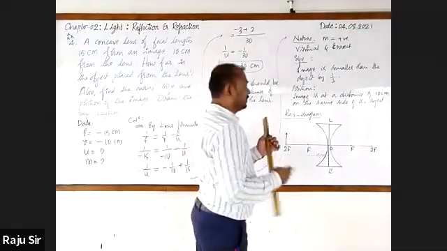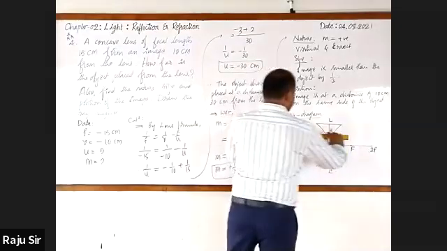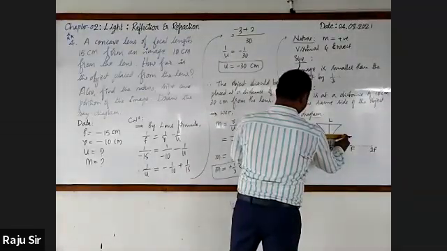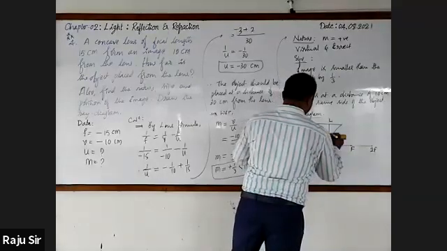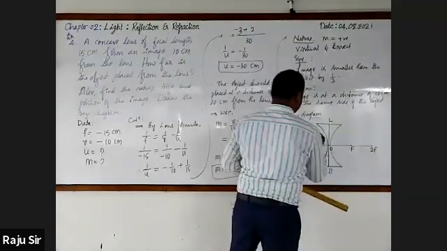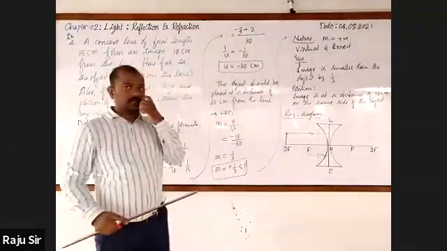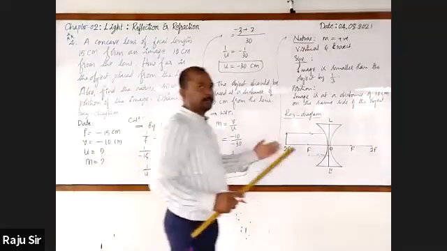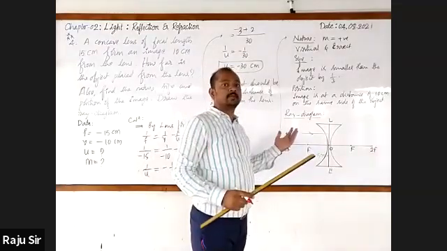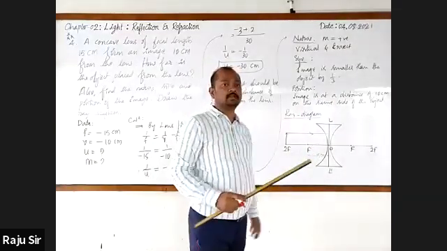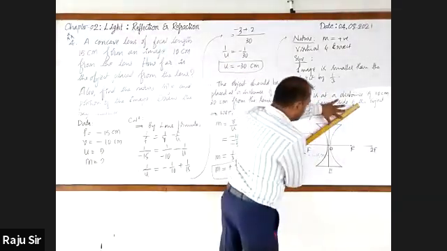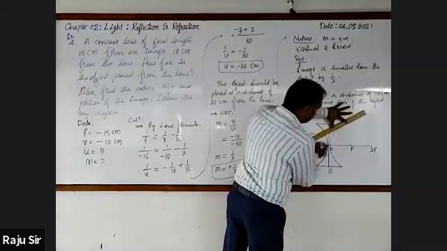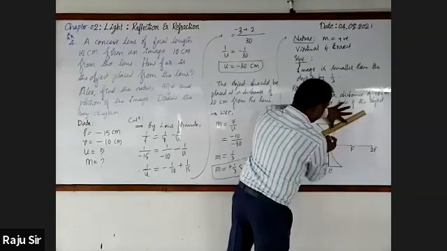Next. First, the light ray coming from the object incident on the lens parallel to the principal axis. Draw this first one. Whether this ray converges or diverges? Diverges. Divergence from a point. Where is that point? On the same side of the object or the other side of the lens? Same side of the object. And let us extend.